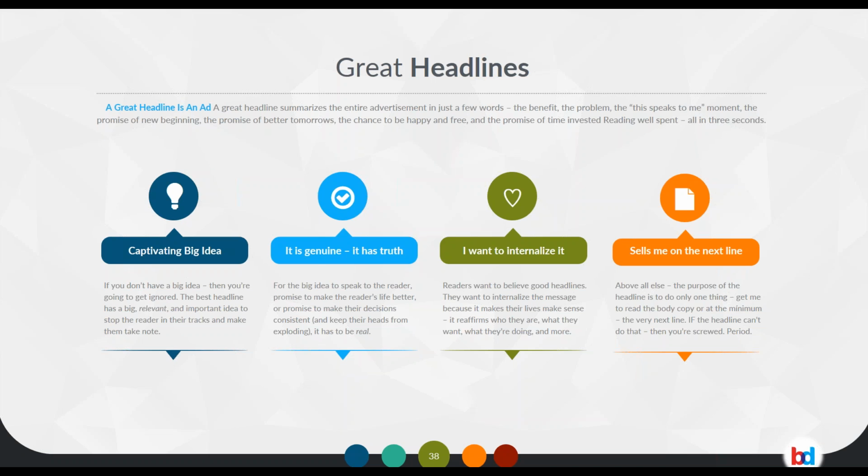When I sat down at the piano and I started to play, you have to read that entire ad, but it had strong brand truth in that if you got good at music, playing the piano, you could be the life of the party. It had brand truth. The third element of a great headline is, then I want to internalize it. I want to make it part of my identity.